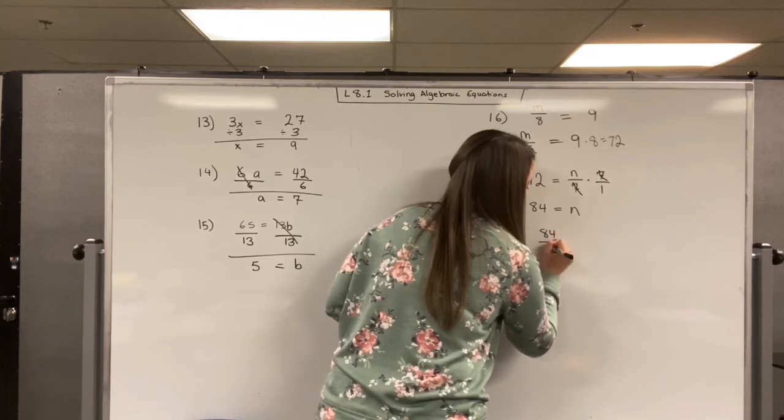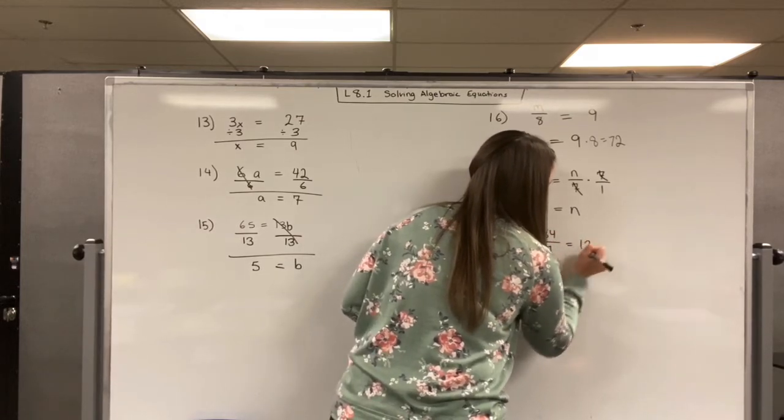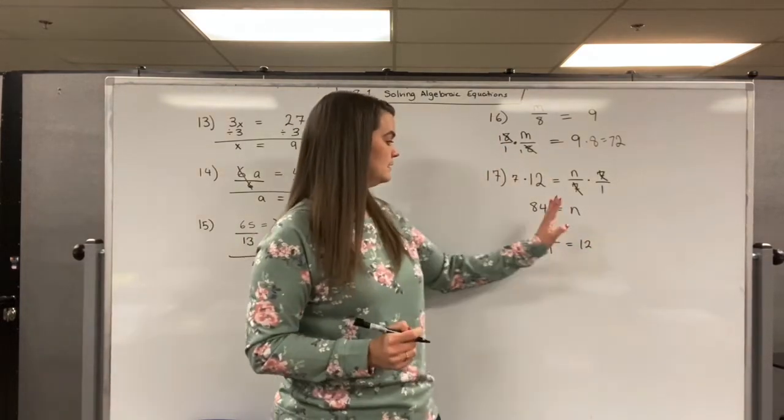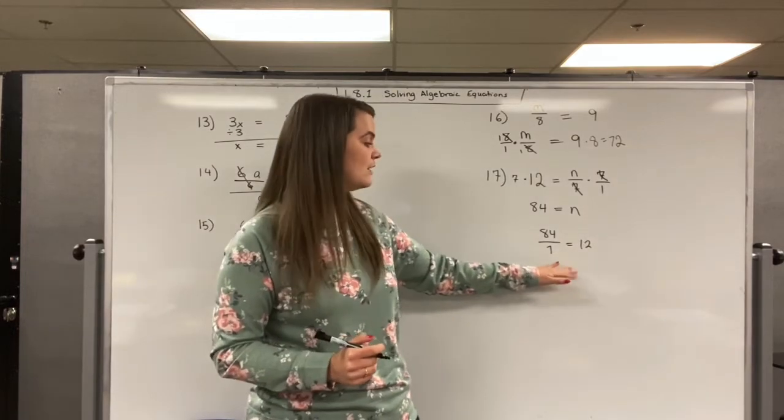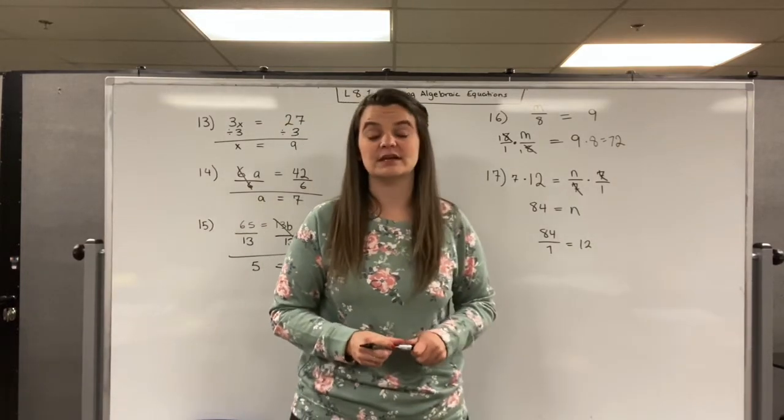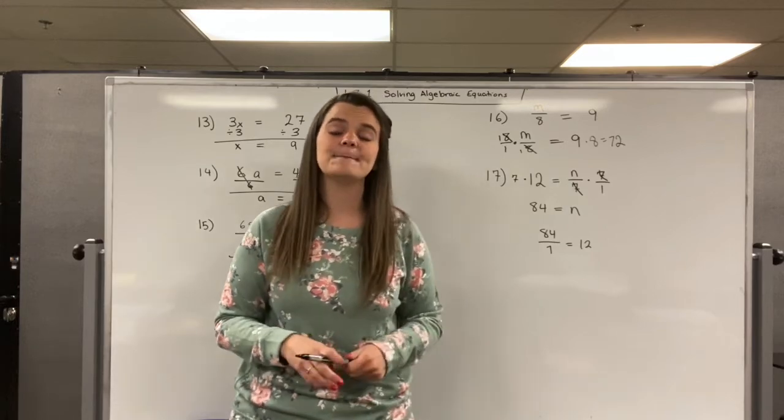84 over 7 equals 12. Is that true? Yes, it is true. And so we know that that is our solution for n, okay? So